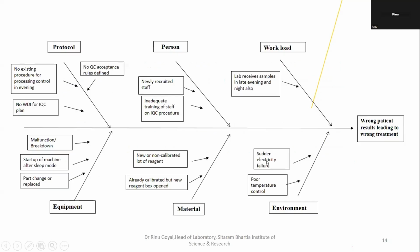Just quickly, I can show you this slide so that you can think about the failure mode causes. Quickly go through this, or otherwise you will be biased in preparing the exercise. So I'll keep this open for 2-3 minutes. Then you have to enlist these causes, give RPN, and tell me how you will proceed, whether I have given you effective training or